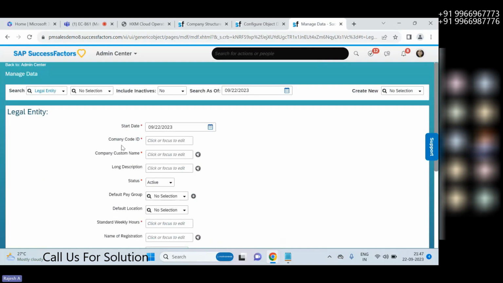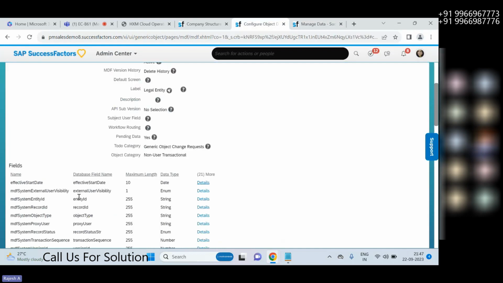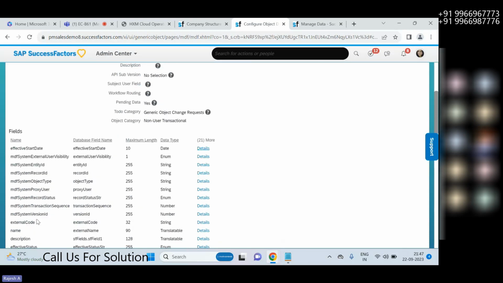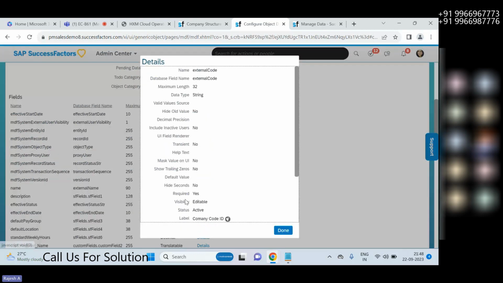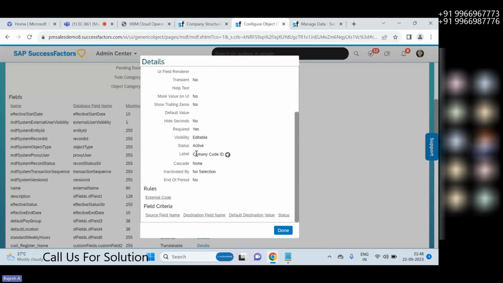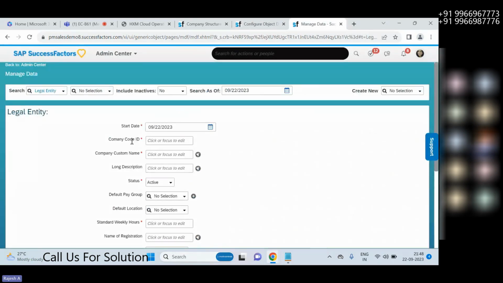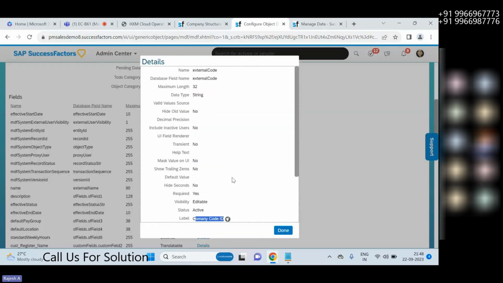Company ID. Someone wrote a wrong name, but anyway, company code ID is what I wanted. So where is company code ID? User and usability, entity ID, and some names are coming. So it's here, external code is there, right? So details, external code. There you can see label, company code ID. So a red mark is there. How? There you can see here